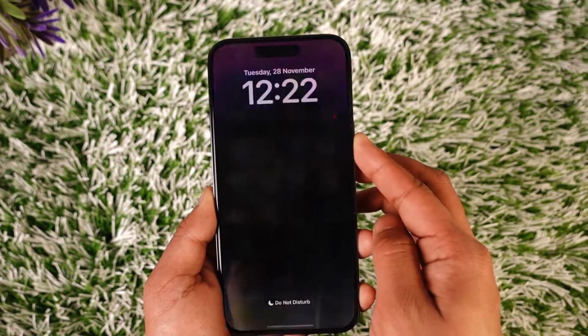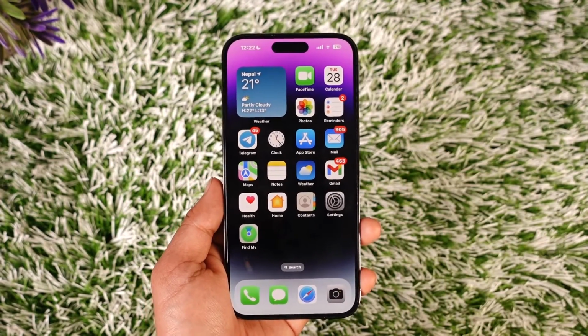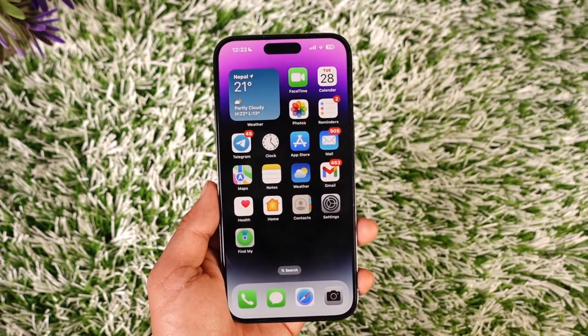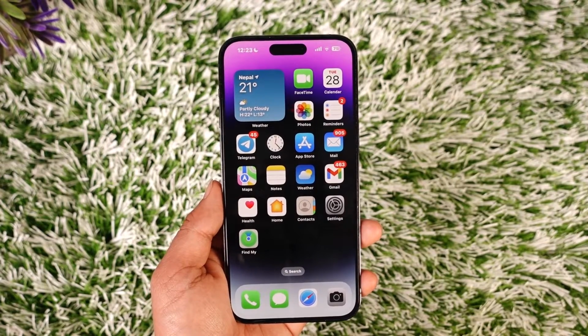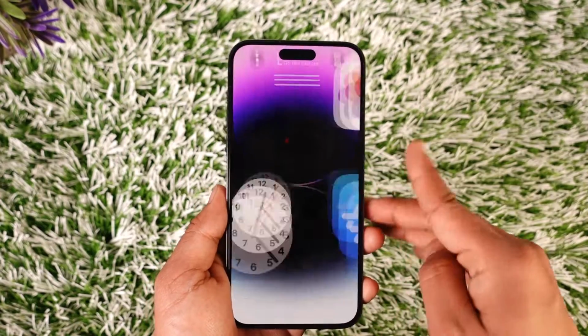Now sometimes what happens is that your iOS is going to set both your lock screen and your home screen wallpaper as a pair, with the same wallpaper. We want to only change it for the home screen and not our lock screen. So we want our lock screen to be as it is, but when we unlock it we want to have